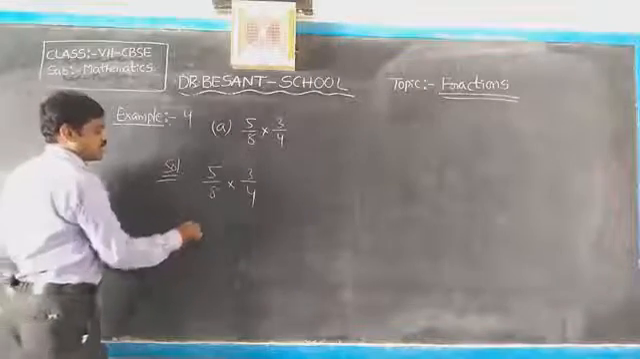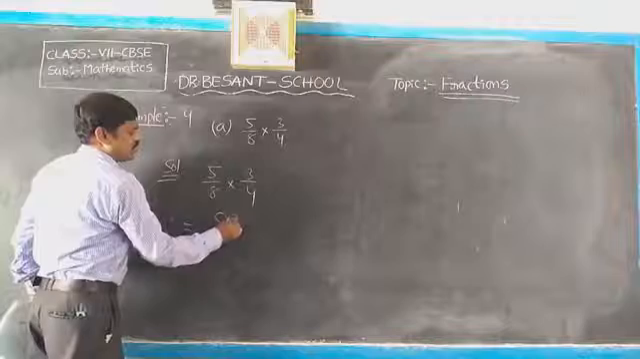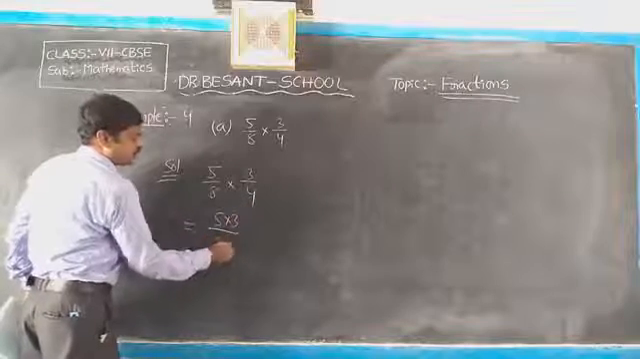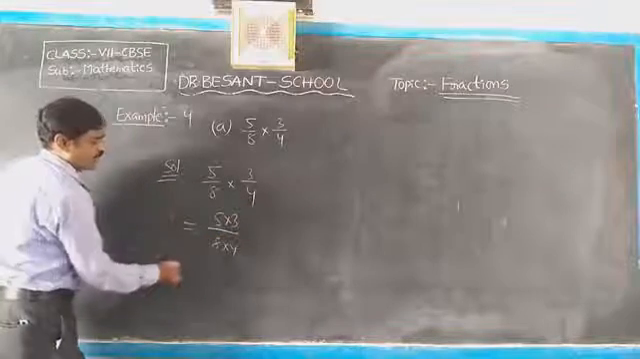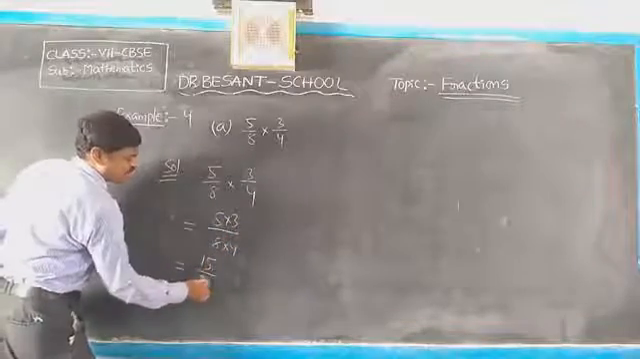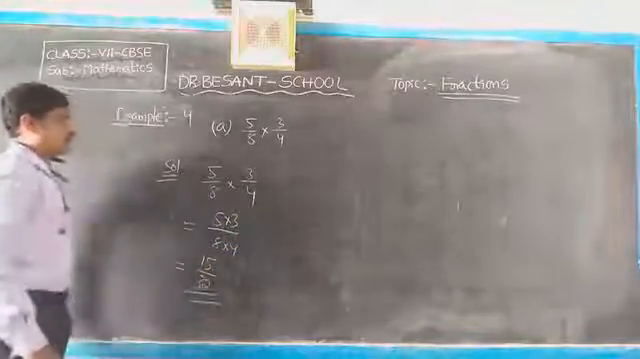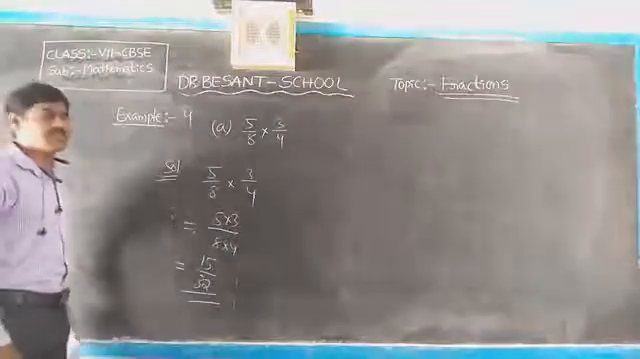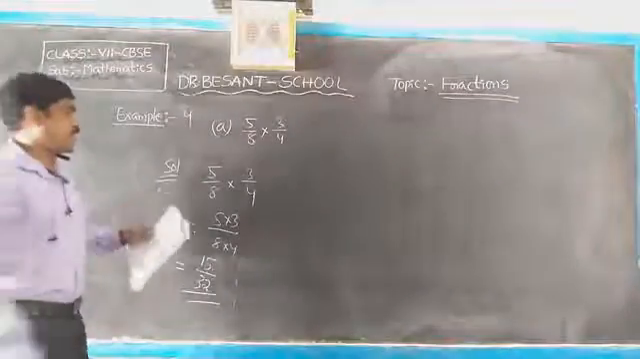So that's why simply you multiply 5 into 3 by 8 into 4. 5 3s are 15, 8 4s are 32. Okay. Next,